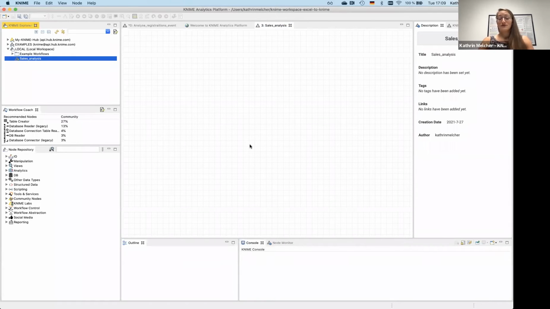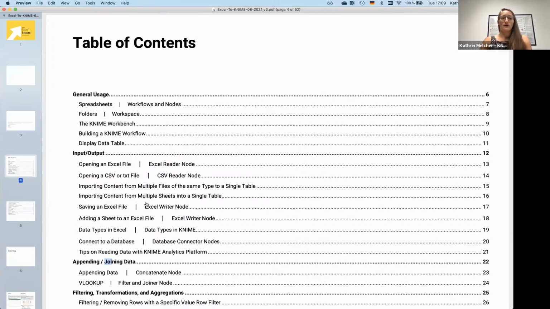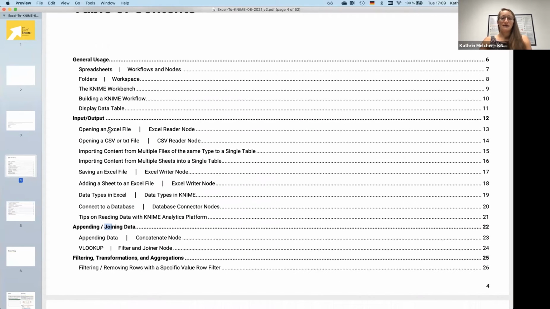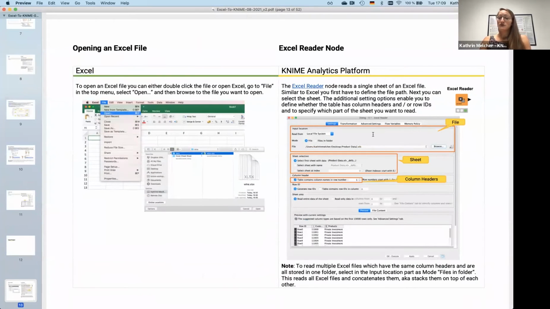The first task that we wanted to perform is to read in an Excel file with the CRM information from our first CRM system. Therefore, I can move now to the From Excel to KNIME book. And if I look into the table of contents, then I see here, okay, we have one part where we explain how you can open an Excel file. So I could click here on opening an Excel file, and then I would get here a description, which node